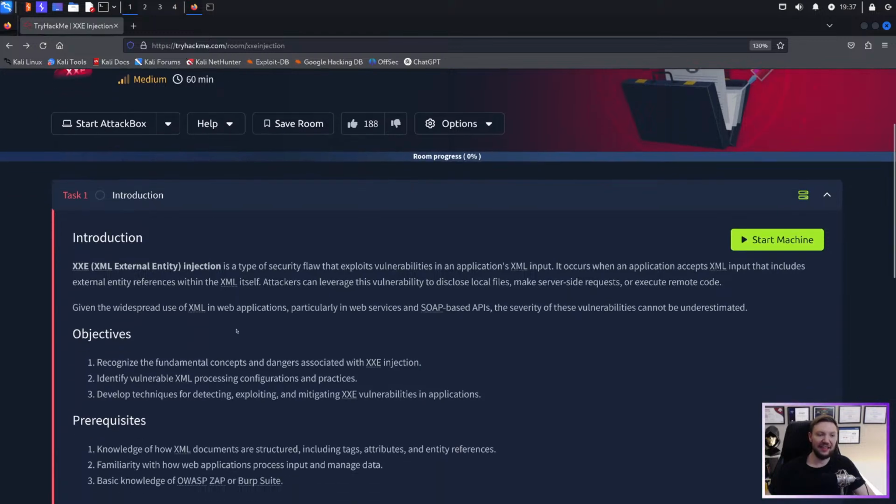Introduction. XXE, also known as XML external entity injection, is a type of security flaw that exploits vulnerabilities in an application's XML input. It occurs when an application accepts XML input that includes external entity references within the XML itself. Attackers can leverage this vulnerability to disclose local files, make server-side requests, or execute remote code. Given the widespread use of XML in web applications, particularly in web services and SOAP-based APIs, the severity of these vulnerabilities cannot be